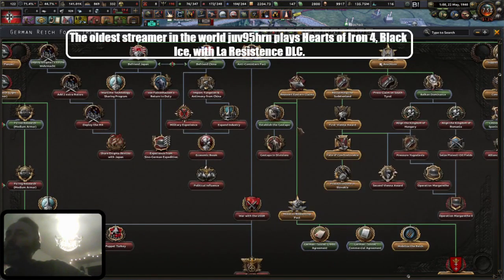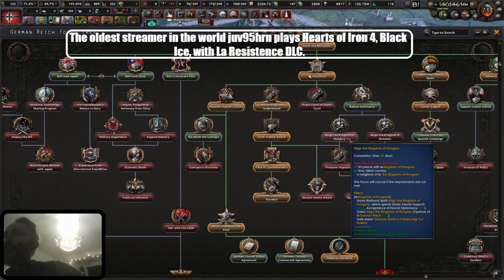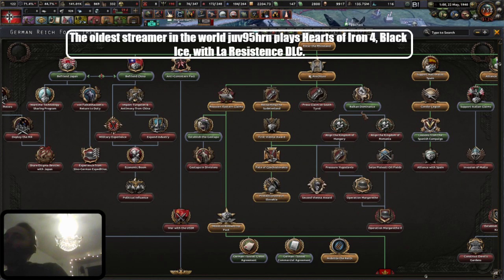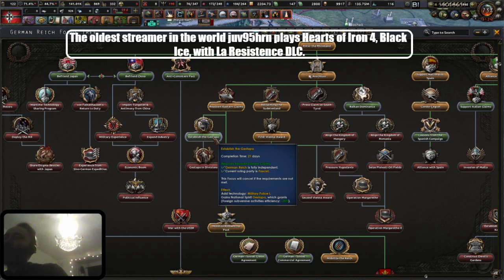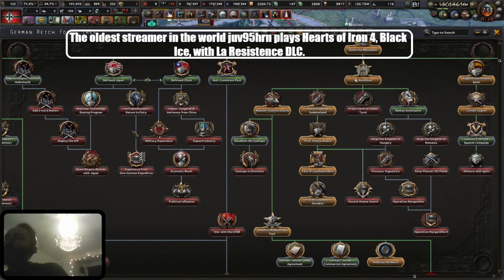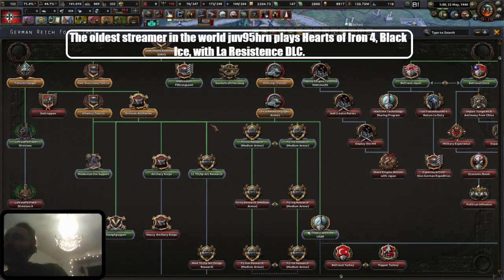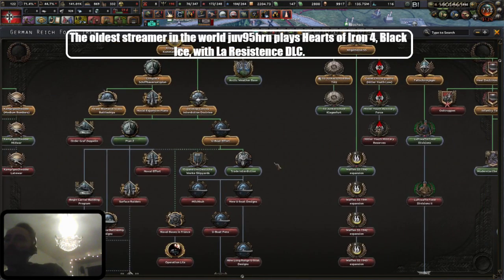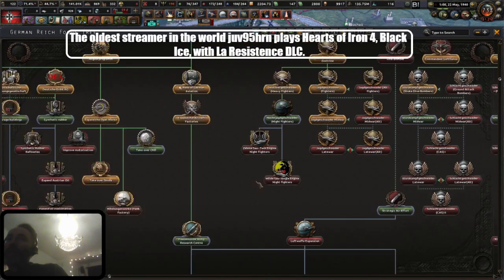I'd like to see what aligned the Kingdom of Hungary gains: national spirit, daily fascist support, 21 days, and Balkan dominance, 14 days. I think I'm gonna go with these now. Or do I want to build up the Gestapo? Maybe I want to do the Panzer D. I never know what I want to do with my...